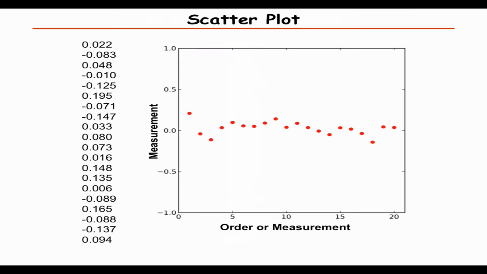So here we see that there is some variation, and the value seems to be somewhere close to 0, but varying around it. The advantage of starting with a plot like this is that you can see if there are any systematic errors, for example, if the measurement changes over time, which is not unusual. Let's say you start with the first measurement in the morning, and then you continue measuring for the whole day,